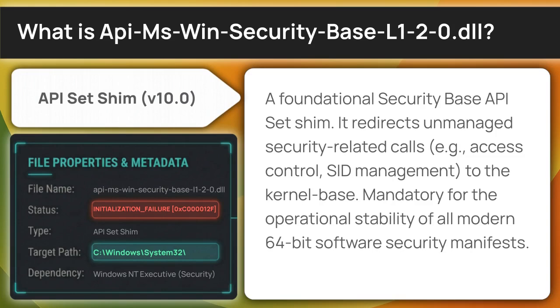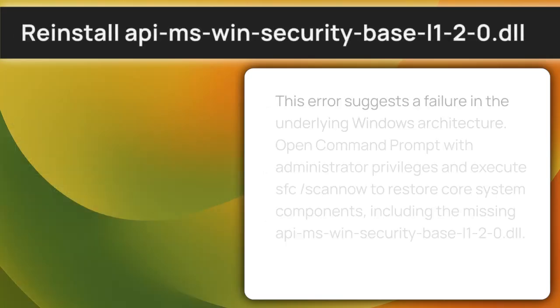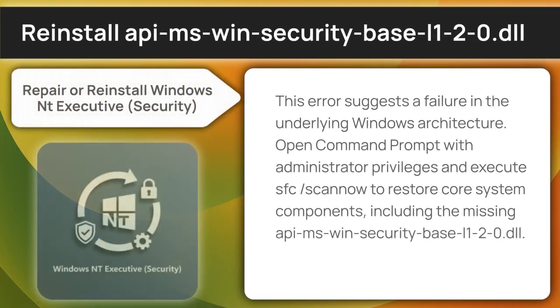Now that the background is clear, let's walk through the actual installation steps. This error suggests a failure in the underlying Windows architecture. Open command prompt with administrator privileges and execute sfc /scannow to restore core system components, including the missing Security-Base API